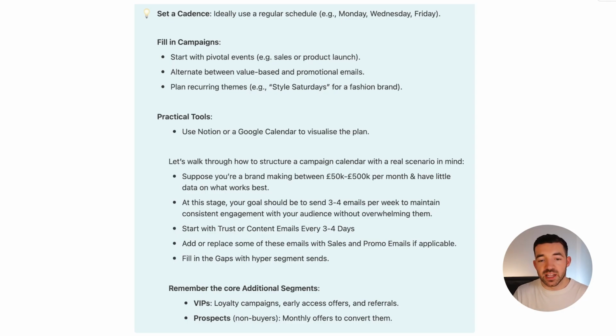So suppose you're a brand making between 50k to 500k per month and you have little data on what works best. At this stage, your goal should be to send 3 to 4 emails per week to maintain consistent engagement with your audience without overwhelming them. So start with trust or content emails every 3 to 4 days. Then add or replace some of these emails with sales or promo emails if applicable, and fill in the gaps